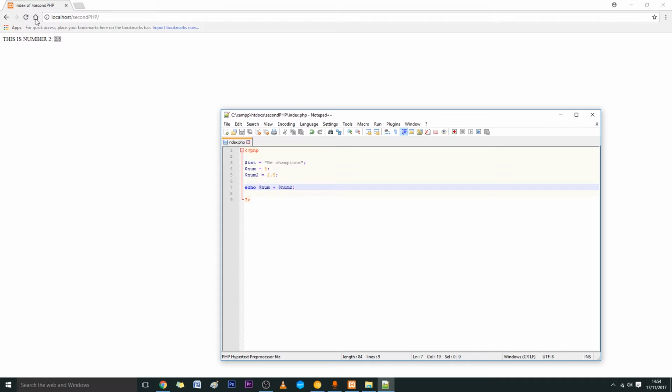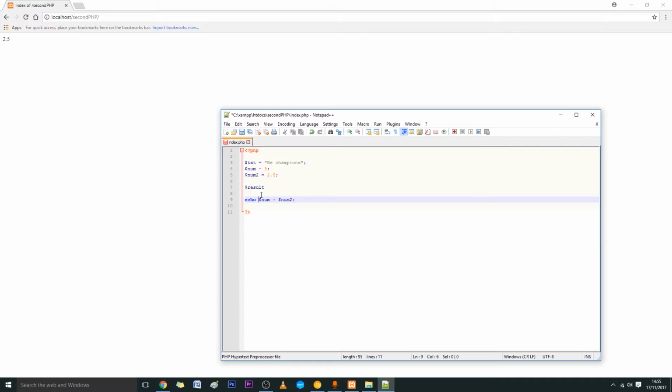Save this. And the result can equal num plus num2 like this. So we can just echo $result rather than the whole statement. So if we refresh this,